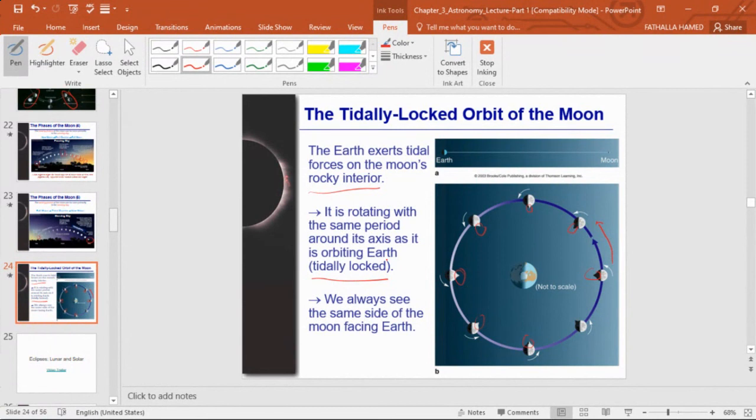Are these clear? Are these clear when we talk about the moon? Any question on these? Any question? Okay, good. In the next lecture, we are going to deal with the lunar and solar eclipse and what are the conditions that basically give rise